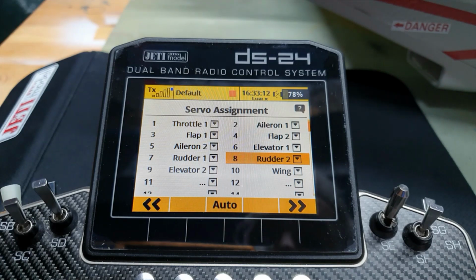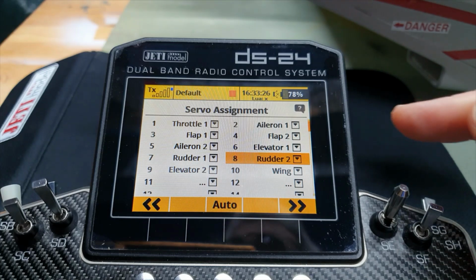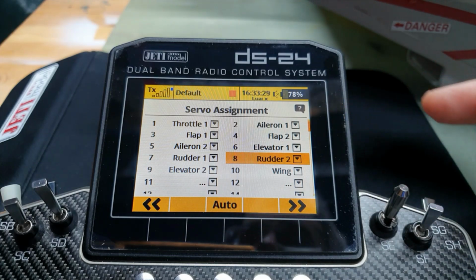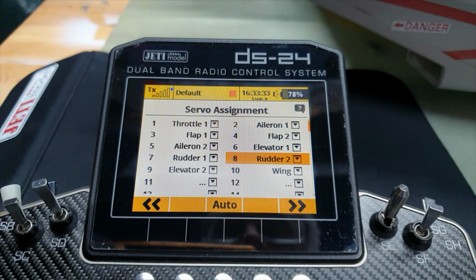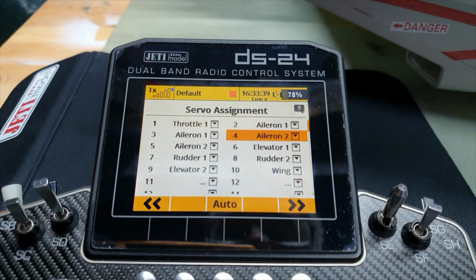So what I'm going to do now is something I do in most of my training videos, and you do not have to do it at all, and that is to change the sequence of the servo assignments. And the reason being simply to make it easier to watch similar items moving when we look at the servo monitor later on. So if I'll put aileron 1 there and aileron 2 there,